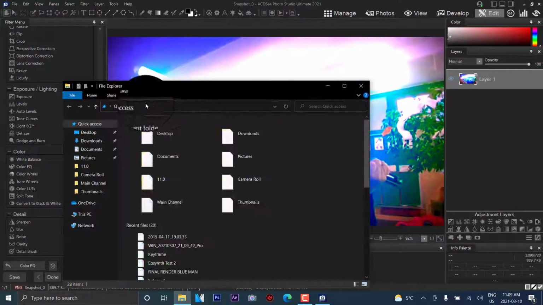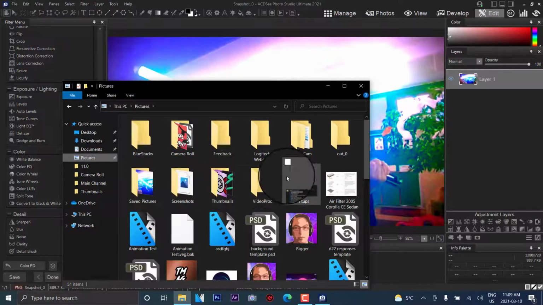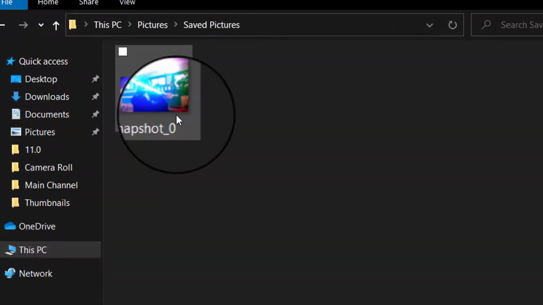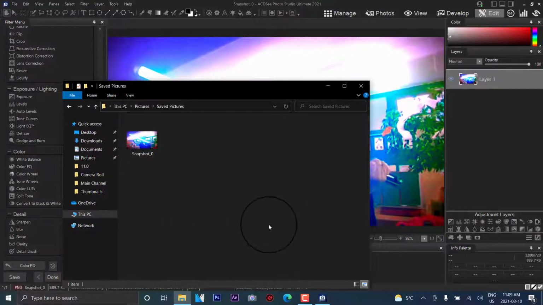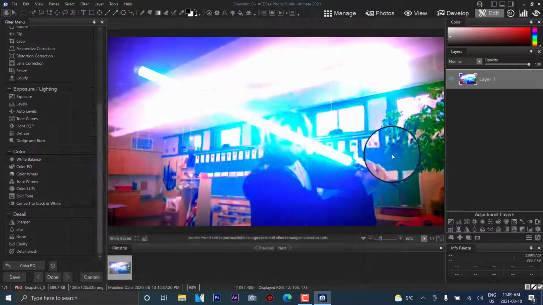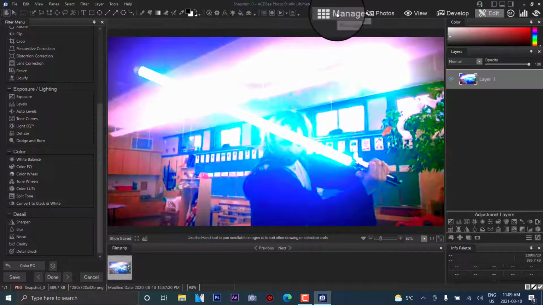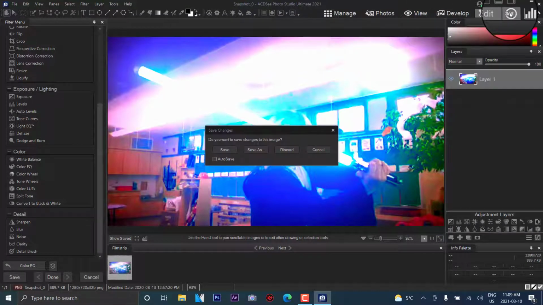So we're going to go to our folder and then Access Pictures, Save Pictures, and there's our snapshot. You can also rename the snapshot whatever you like. So it's really nice here. There's a lot of stuff that you can do on here. And then there's also this thing called